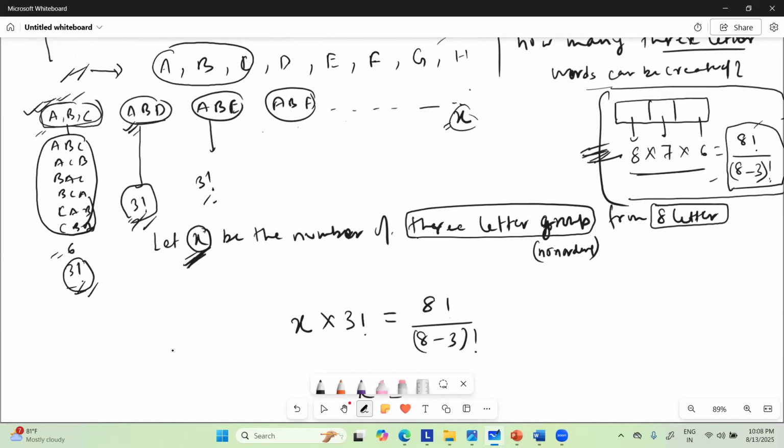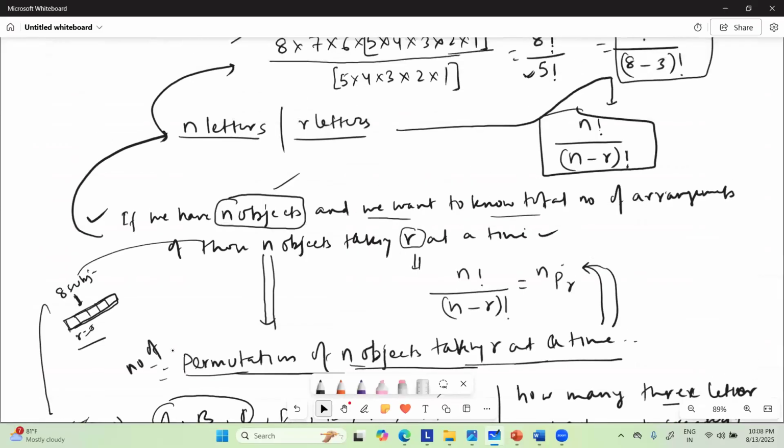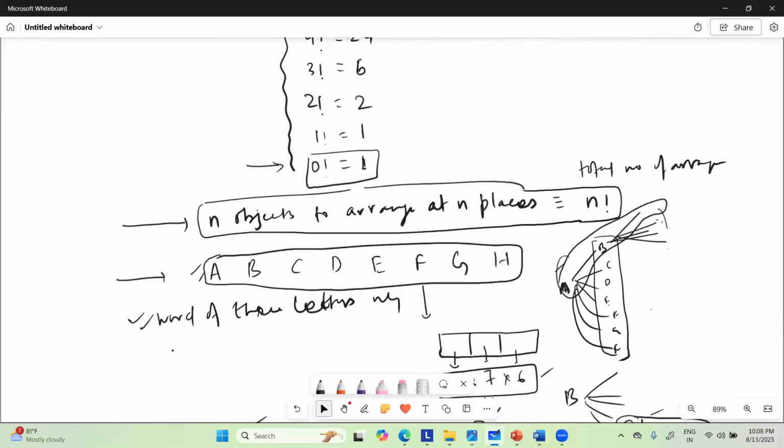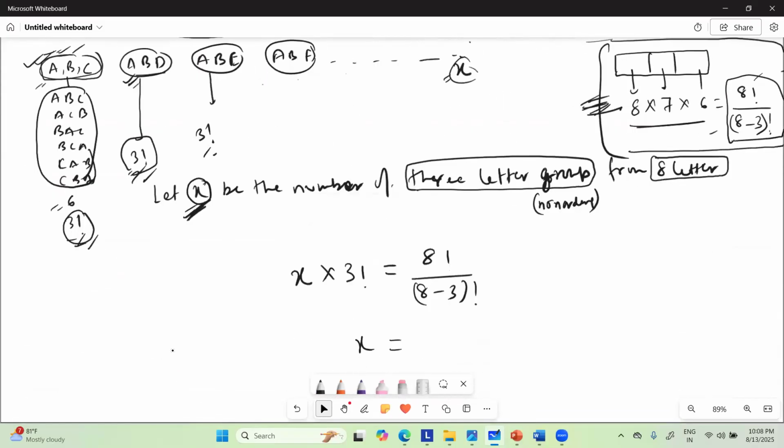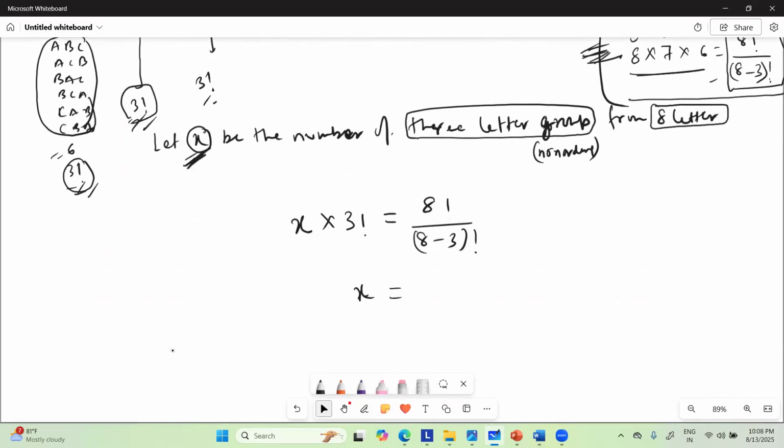because that was not easily visualized. देखो ये तो परमुटेशन था, बात तो एक ही है ना कि हम कितनी बार उसको 3 के ग्रुप में अरेंज कर सकते हैं, यानी कितने 3 के ग्रुप्स बन सकते हैं। वही मैं बोल रहा हूँ कि वो x अगर आपसे पूछा जाता तो आप बता पाते। सर तो 8 फैक्टोरियल डिवाइडेड बाय 8 माइनस 3 फैक्टोरियल इससे ही बता देते। नहीं, ये तो वर्ड्स थे ना, अरेंजमेंट वो था। ये नंबर ऑफ कॉम्बिनेशंस है। हम पूछ रहे हैं कि व्हाट इज द नंबर ऑफ ग्रुप्स। हाँ, सॉरी, परम्यूटेशन नहीं, कॉम्बिनेशन।